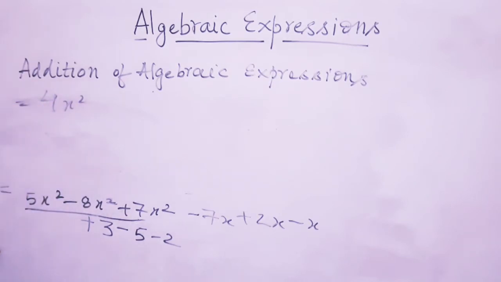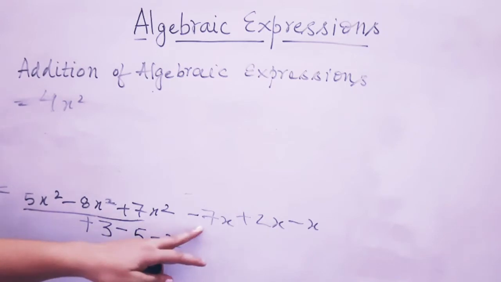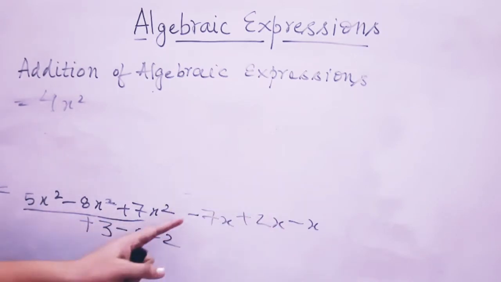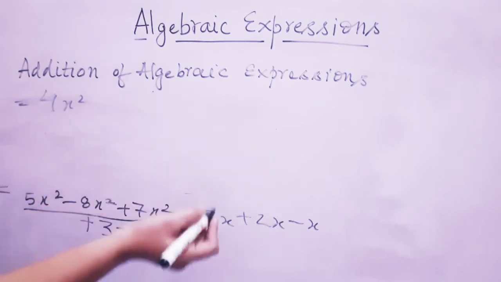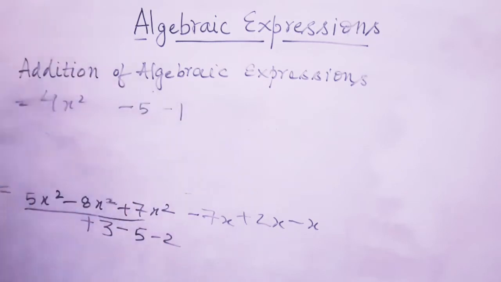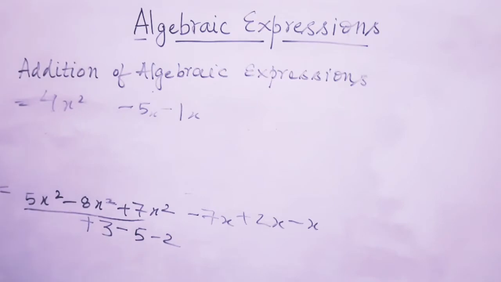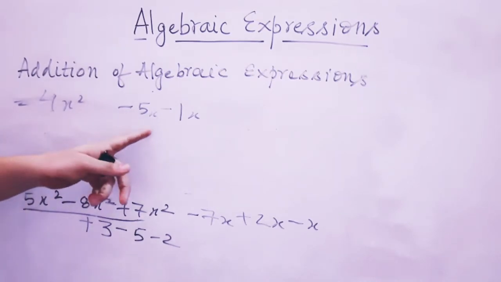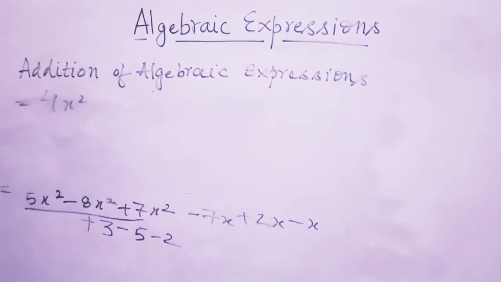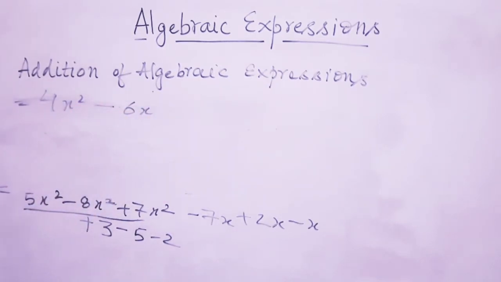Now the next one, minus 7 plus 2 minus 1. So I am solving from here. Minus 7 plus 2, plus minus minus, the sign of the greater number. So minus 7 plus 2 is minus 5. So here minus 5 is left. Minus 5 minus 1, the coefficient is x. So minus 5x minus 1x. So minus 5 minus 1, minus minus plus, and whose sign do we take? The minus sign, as per the chapter integers. So here it will be minus 6x.